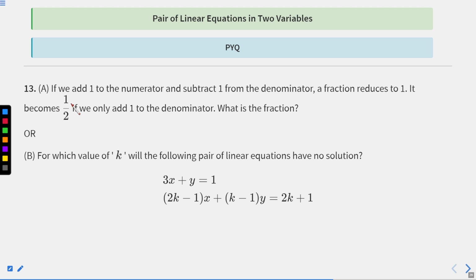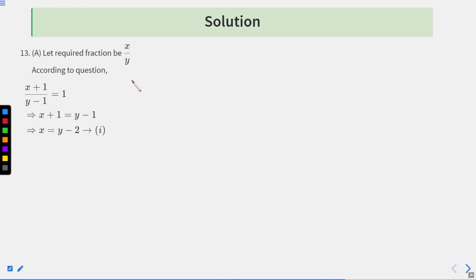In question number 13, it said if we add 1 to the numerator and subtract 1 from the denominator, a fraction reduces to 1, and if we only add 1 to the denominator, then it becomes 1 by 2. So what is the fraction? Here, let the required fraction be x over y. According to the given information in the question, we can get this linear equation (x plus 1) over (y minus 1)